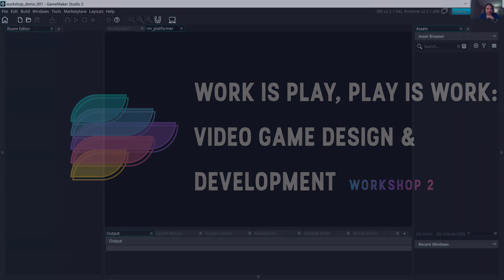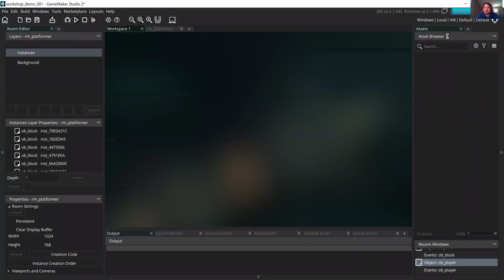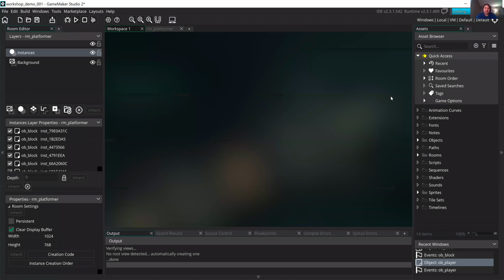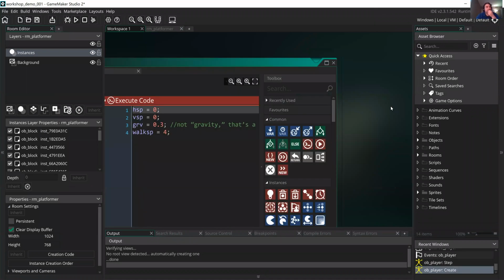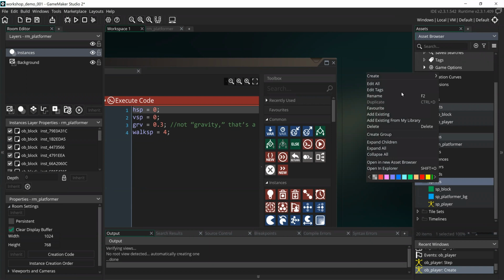Where we left off with that last demo. Based on the way that I had things split up, there was one last bit of functionality that I wanted to add last class, and then we just sort of ran out of time. So what I'm going to do is create one more sprite and one more object, and this